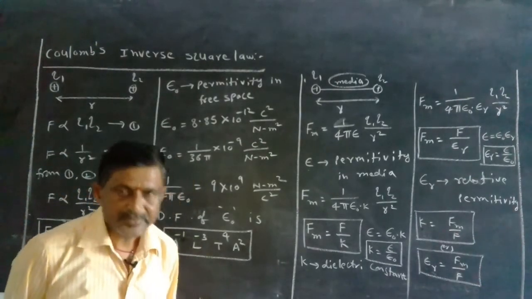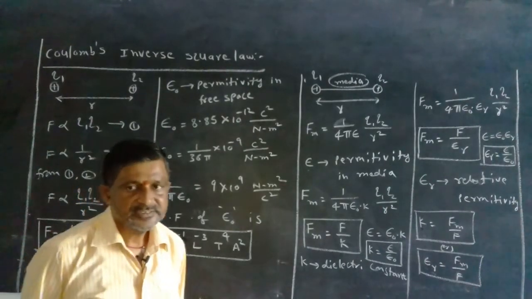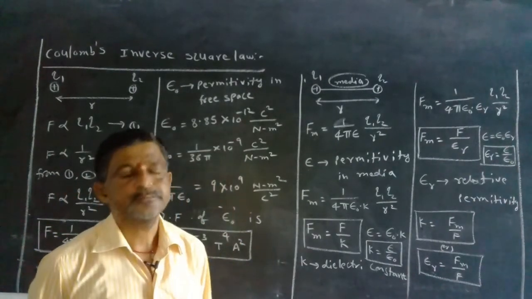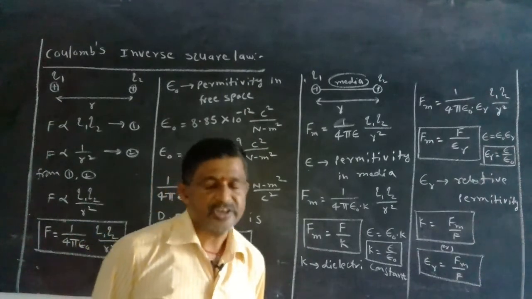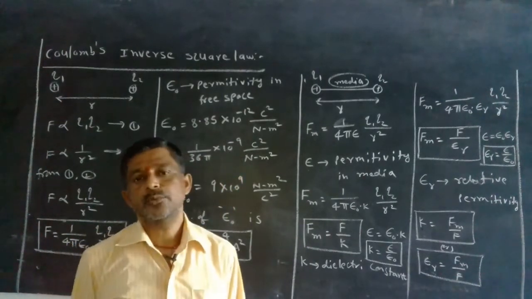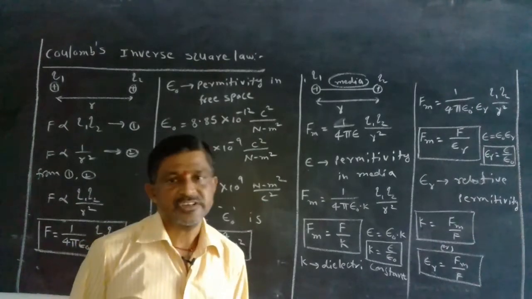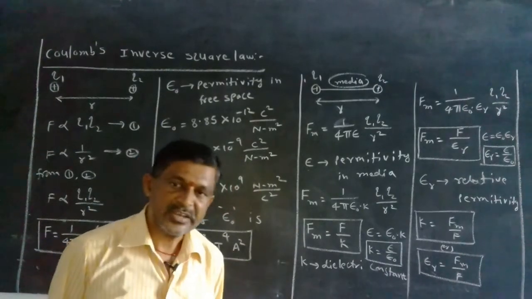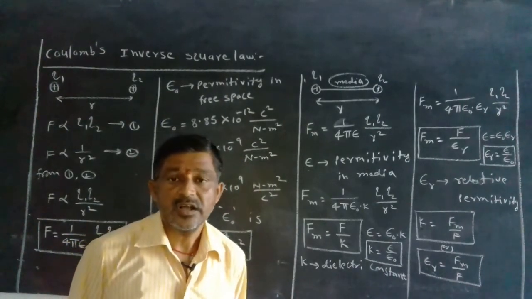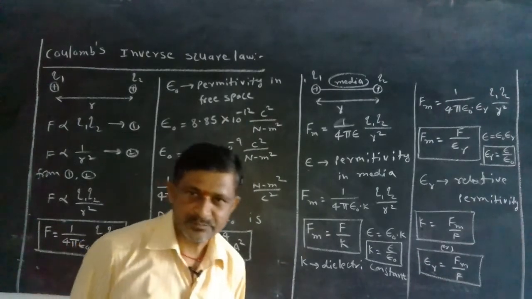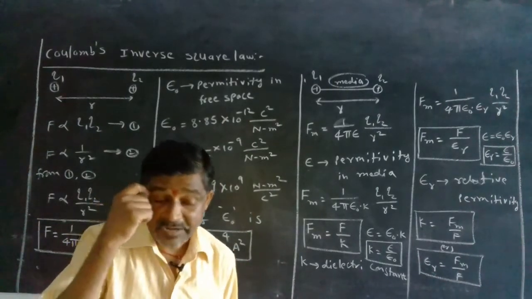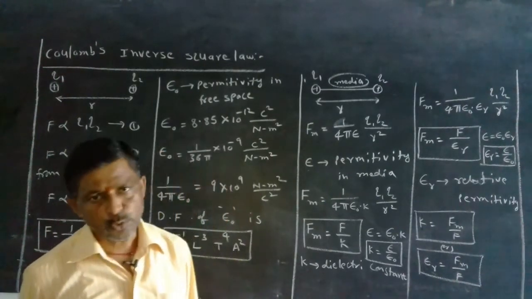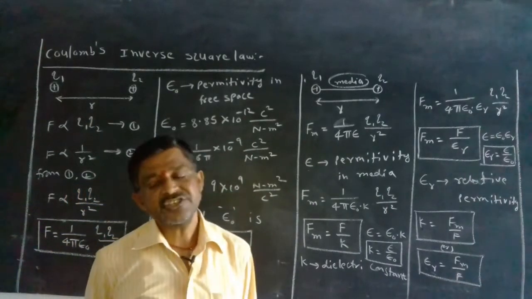This law explains the force that acts between the charges. We know the charges are two: one is positive, another one is negative. Between the like charges, meaning both are positive or both are negative, repulsion force is present. If one is positive and another one is negative, these are the unlike charges, and between them attraction force is present. Between like charges, two protons or two electrons, repulsion force is present.